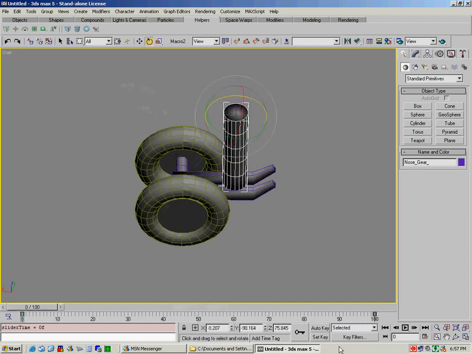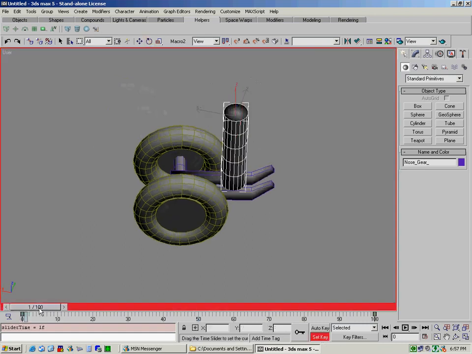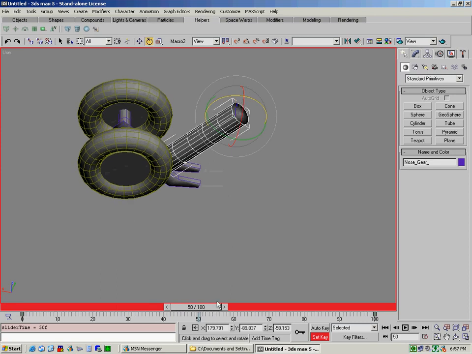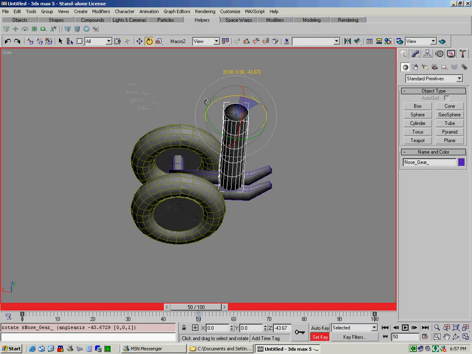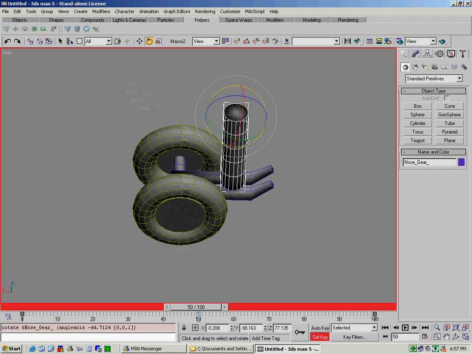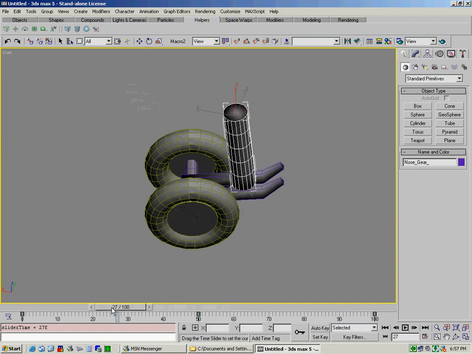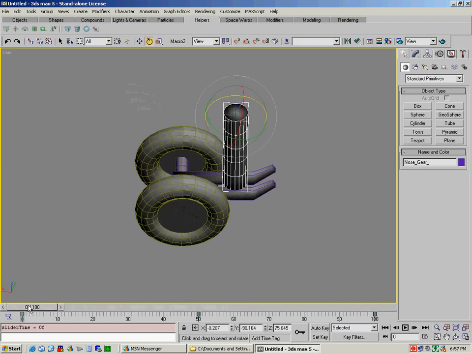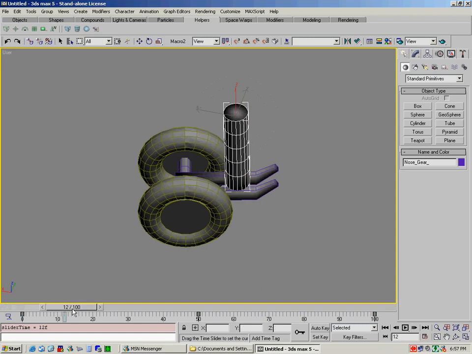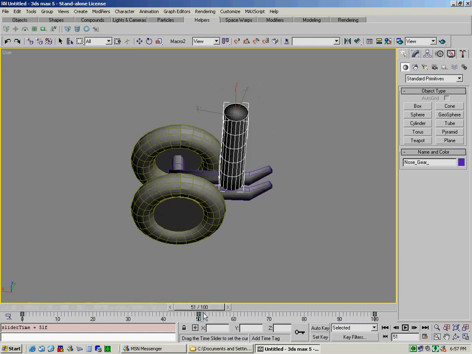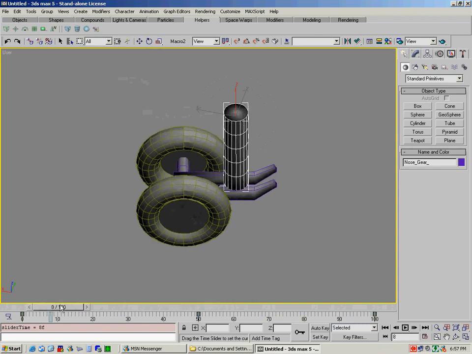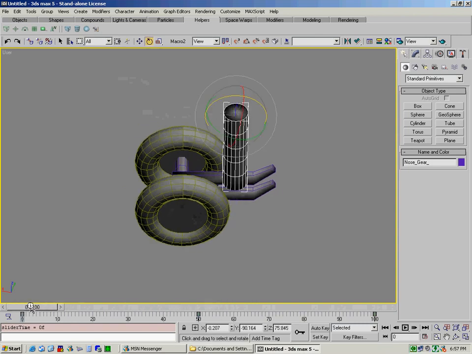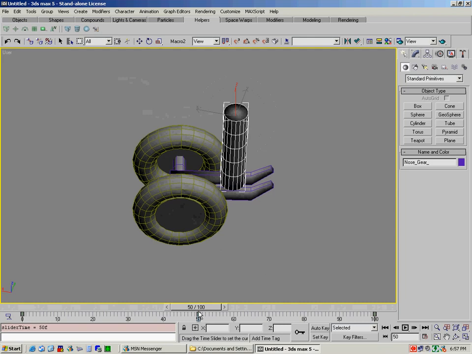You would go back to here, turn on set key, go to your frame 50. Let's rotate it back a bit now, so that it's right there, just barely moved, basically. And set a key. Turn off set key. And now if you rotate it, you'll notice that it actually rotates, and then it gets really fast at the last, and where this comes into play, this is kind of hard to visualize maybe at this point in time,